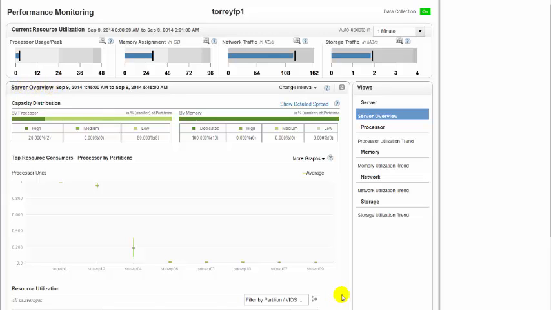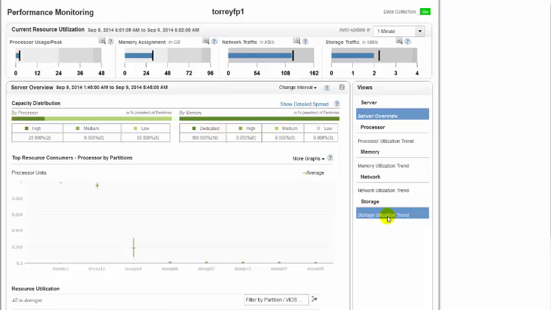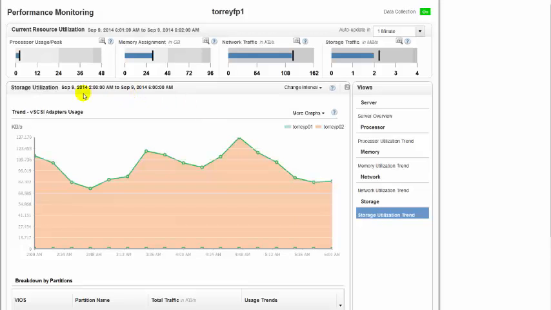So if I select the storage utilization trend, the detail panel has been populated. So this is about historical data. So we have a different time interval here.